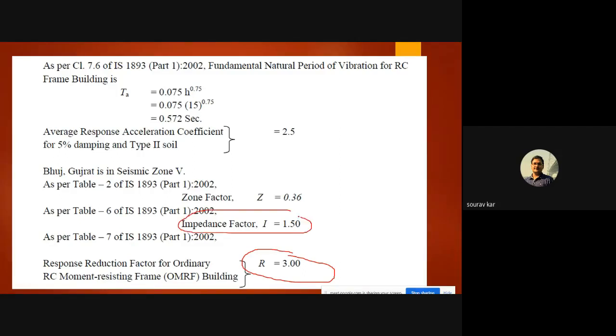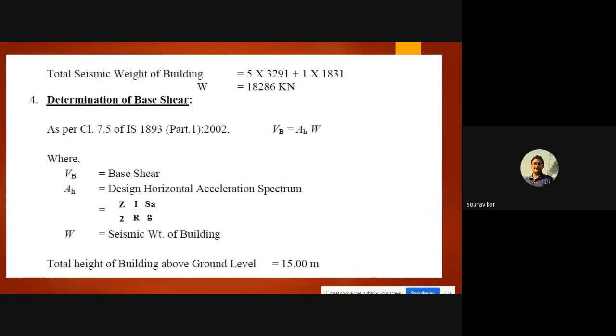Importance factor, it is also known as impedance factor. I is 1.5, Z is 0.36. Bhuj earthquake, Bhuj, Gujarat. I will select the city, and you will see 0.36 is automatically selected. Average response SA by G value is 2.5. So average response acceleration coefficient 2.5, Z 0.36, I 1.5, R 3, and the natural time period which they have taken